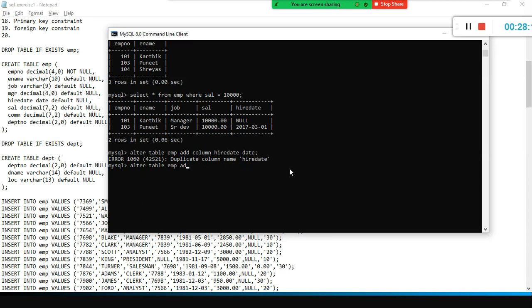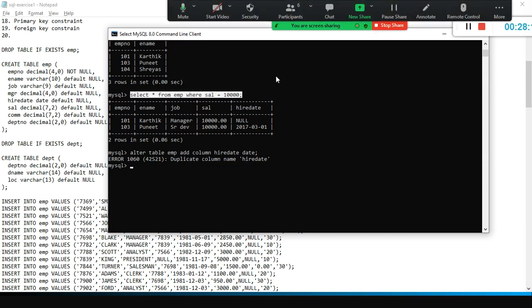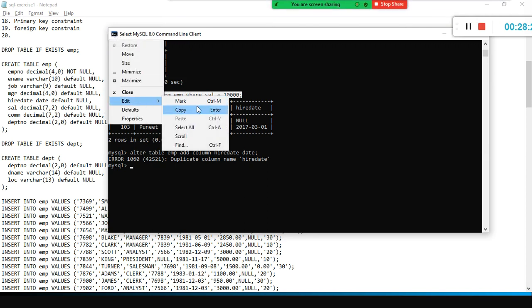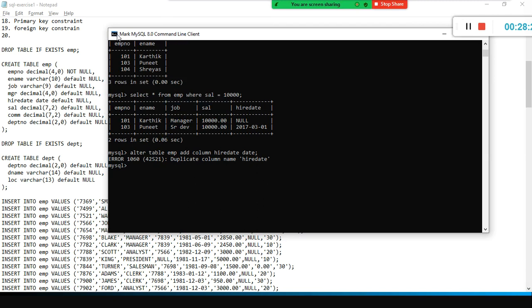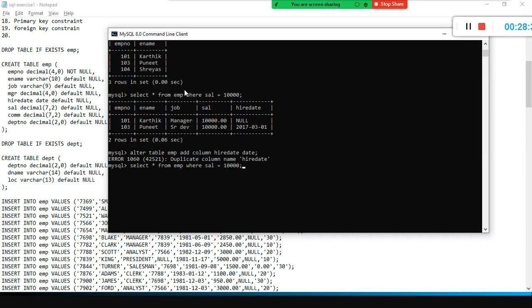For example, I am going to see here, it is a pretty straight filtering condition. I filtered the rows that are specific to 10,000, right? Yeah. Sorry, already marked it. I need to copy it. Just go here and edit, copy, and then right click it. When you right click it, it automatically you will get it here.